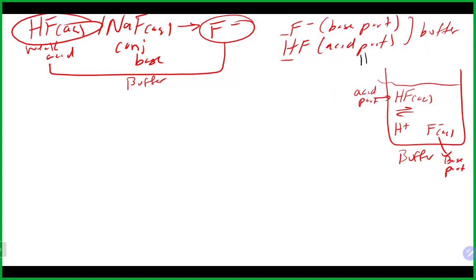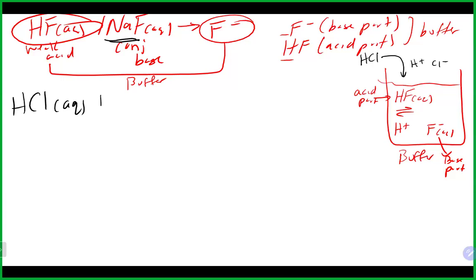So we're going to take some hydrochloric acid, and that again is a source of H plus and Cl minus. So when I add hydrochloric acid to this buffer, it's going to react with one part of the buffer. Now, since hydrochloric acid is an acid, you could probably guess it should react with the base part of the buffer, right? Because they're called acid-base reactions, right? Not acid-acid reactions or base-base reactions. So when we dump this in there, it's actually going to react with the base part of the buffer,